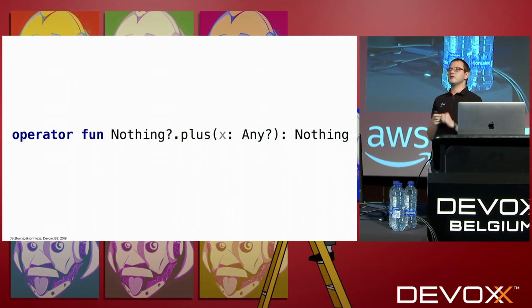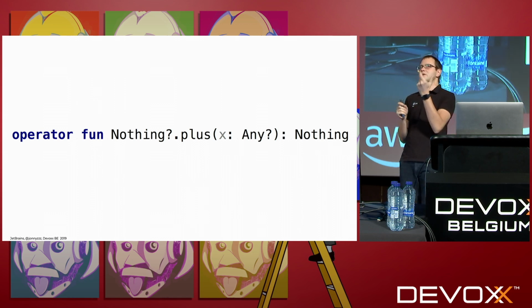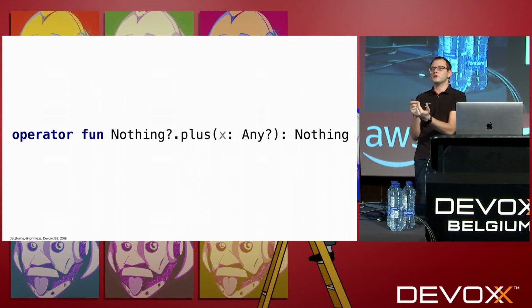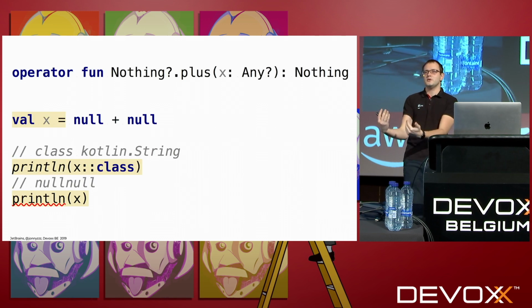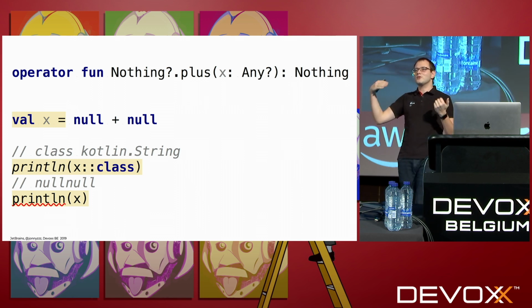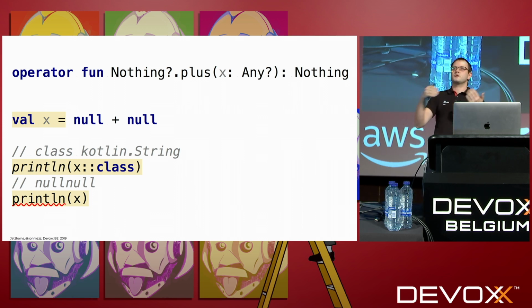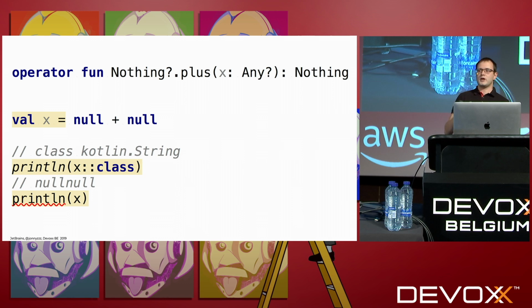So we can create a function with that kind of signature. And don't be afraid, this Nothing is a type. This is a specific type in Kotlin, which has no values, meaning that the program should not go further, and the compiler knows that. You cannot return something, you can only throw an exception from a function which returns Nothing. And the compiler highlights, it says, okay, this plus operator would never go further, so fair enough. That's good, right?